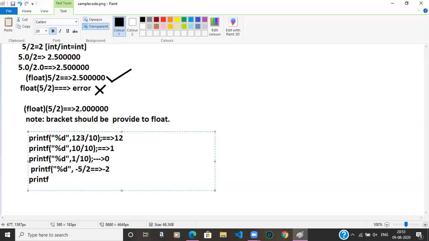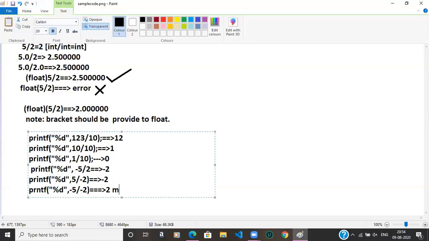And printf %d, comma 5 by -2. The result will be -2. Printf %d, comma -5 by -2. What is the output? The output is 2.